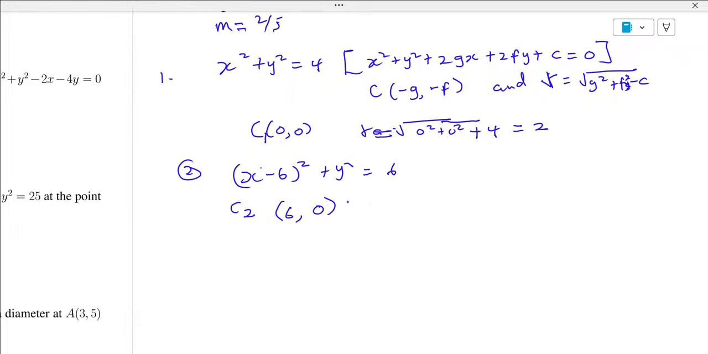Then plus. So this is our center, and then our radius will be what? Root of our j is 6, so 6 squared. All right, so we'll have,